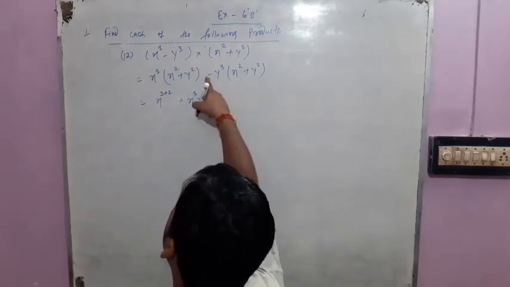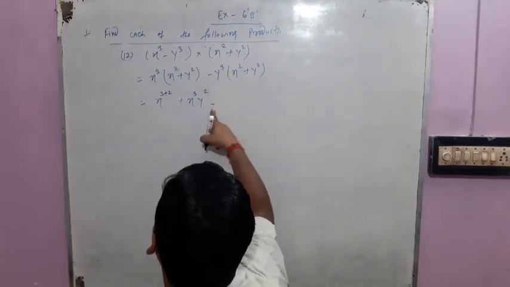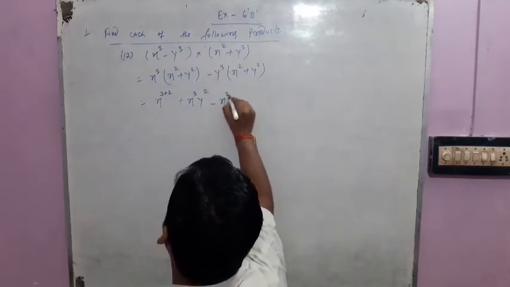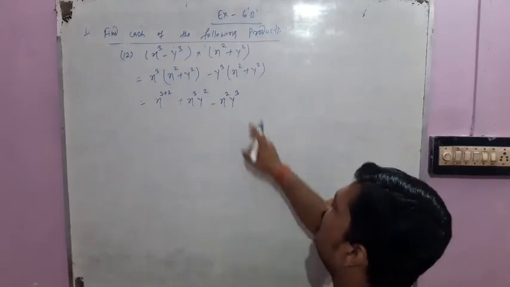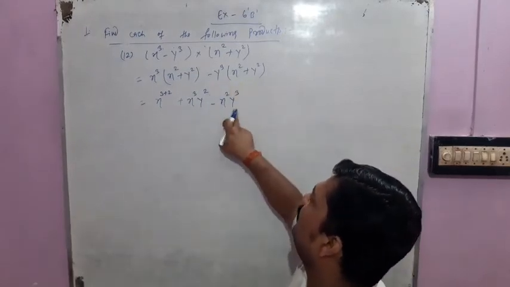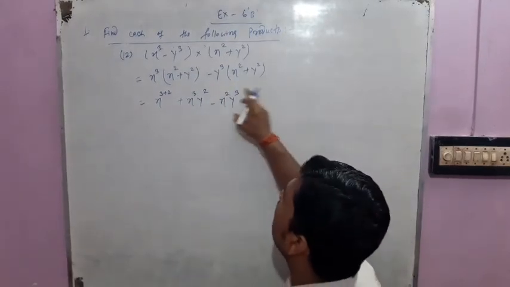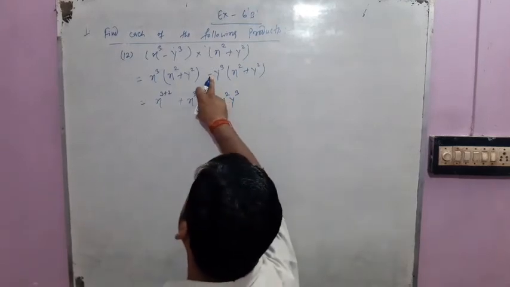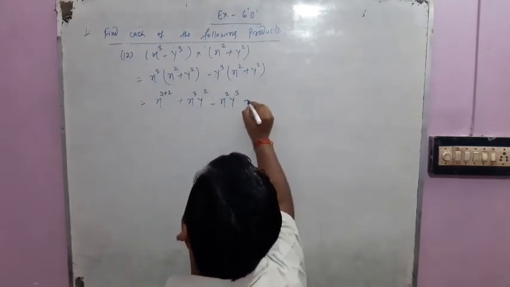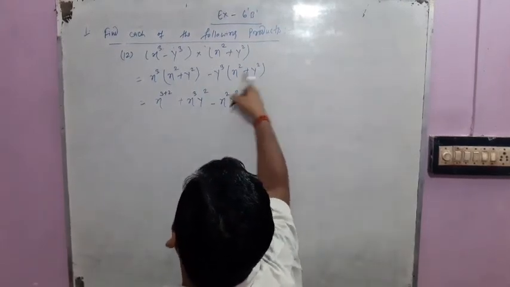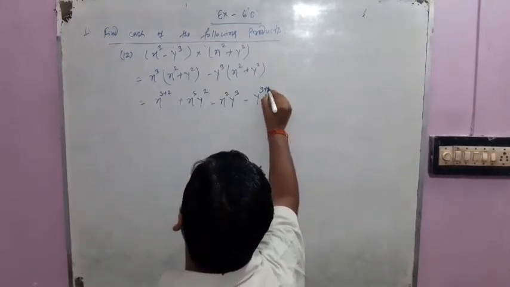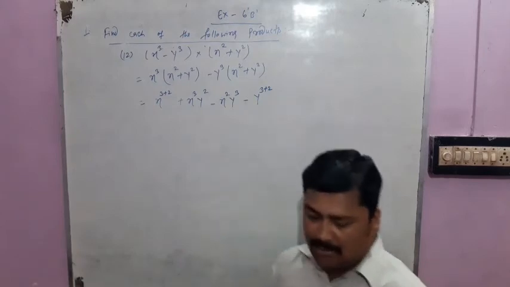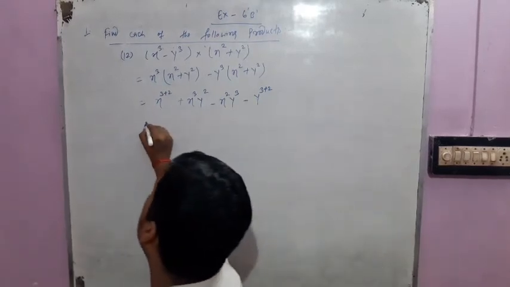First we have to multiply the signs here, minus times plus is minus, then we write x square and then y cube. Okay students, both have a different base, so we do not add their exponents. Now again we multiply the signs, minus times plus is minus, and when we multiply y cube with y square, both having the same base, we add their exponents. Okay students, now continue to solve it.